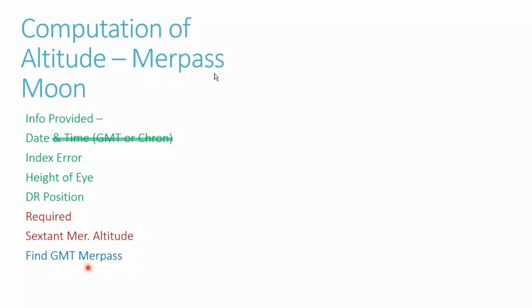First of all, we find out the GMT of the meridian passage. So we obtain the GMT meridian passage of the moon. And once the GMT Marpass is obtained, we find the declination of the moon from the almanac. Now, if it was a normal Marpass observation of the moon, let us see what we used to do in